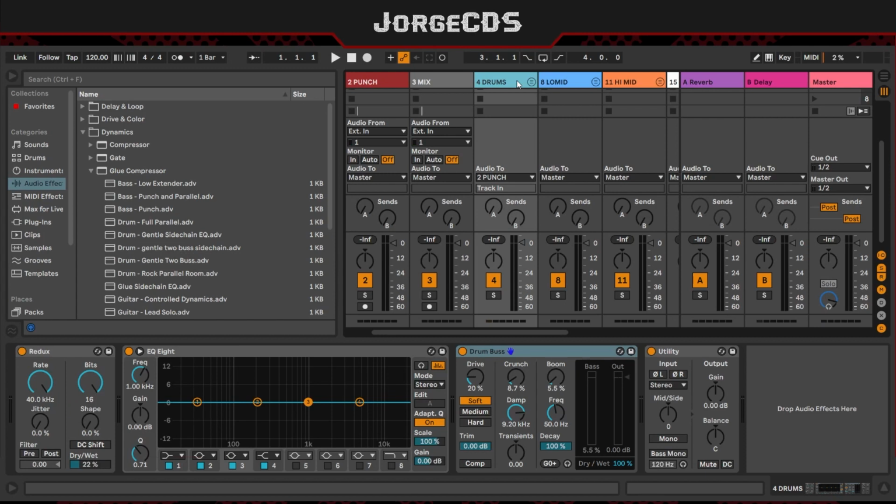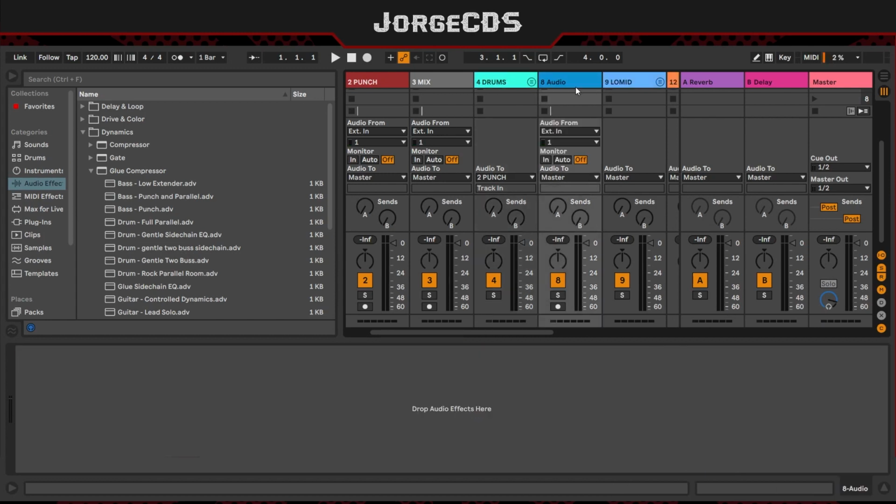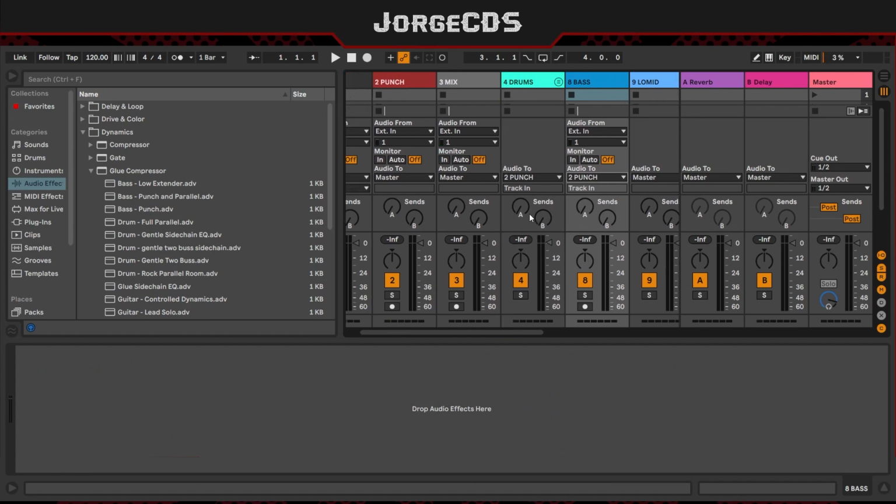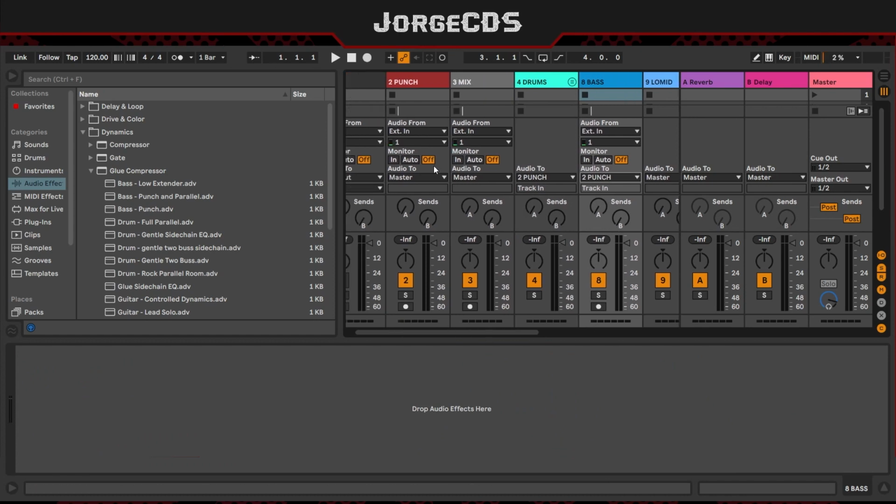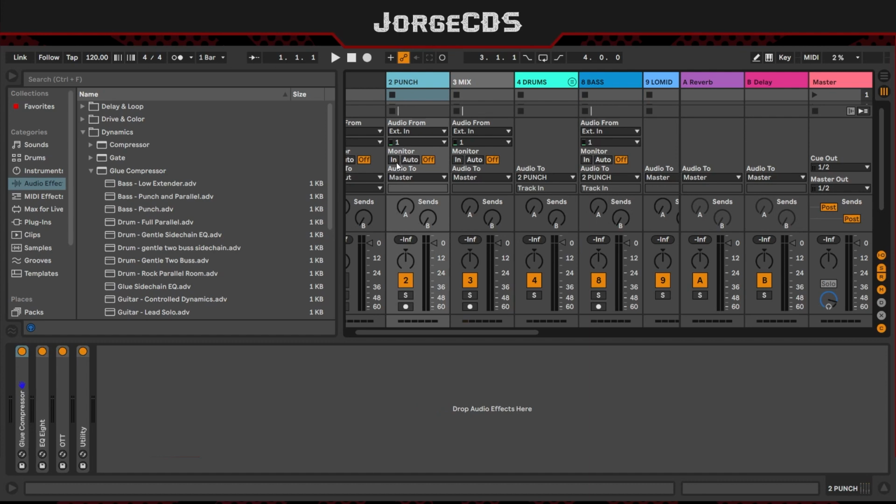Very simple. Need a track next to the drums. Let's call it bass. Oopsie. So here we add everything that's bass related. If you have a bass, add it next to the drums. But basically what you want is the bass to be routed to punch, and boom, punch bus needs to be